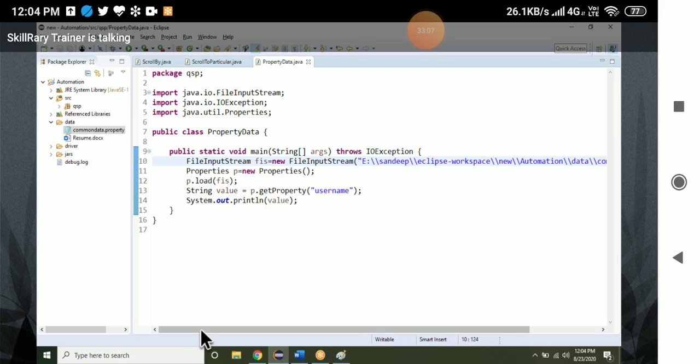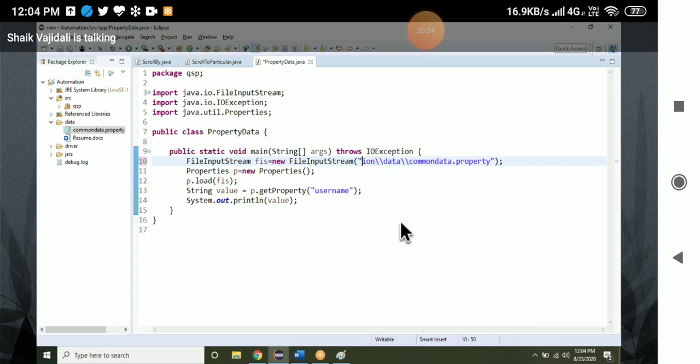I have given the absolute path, so it will work only in my system. How to give the relative path? Data slash.